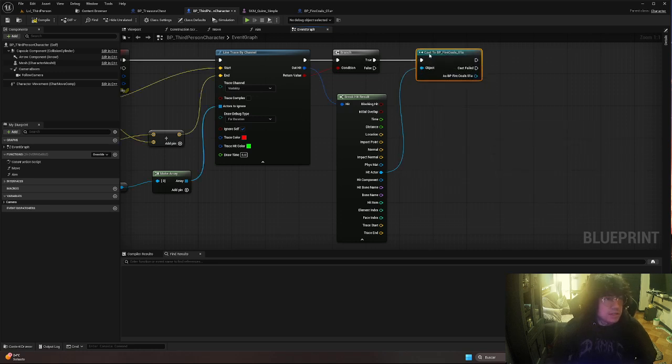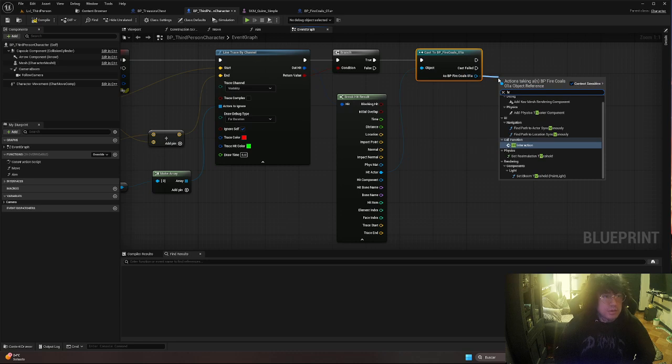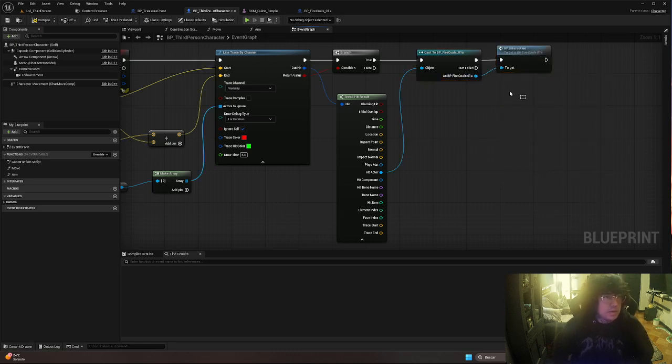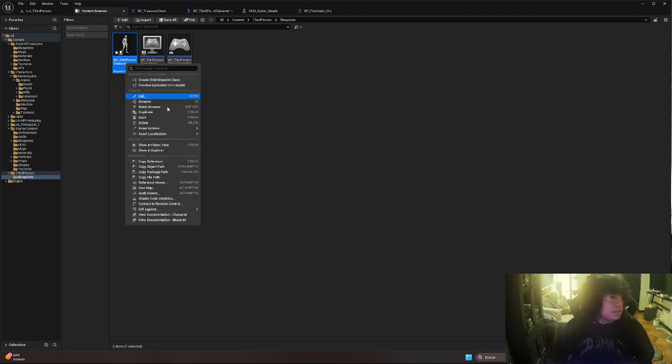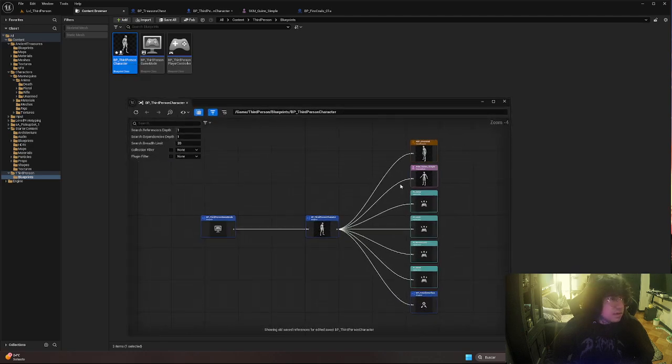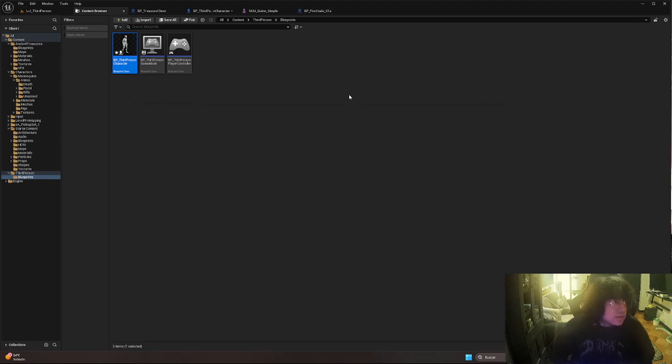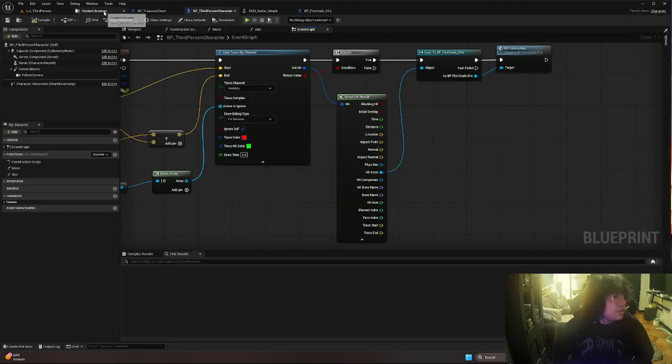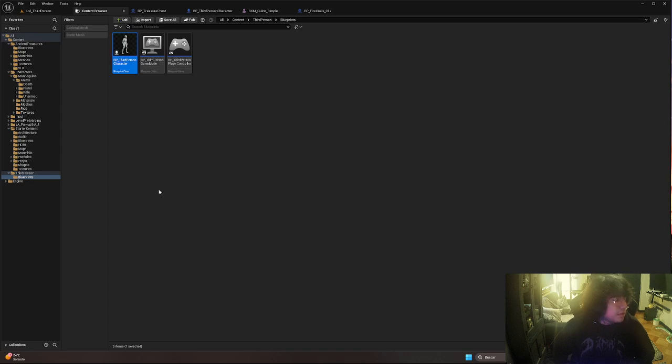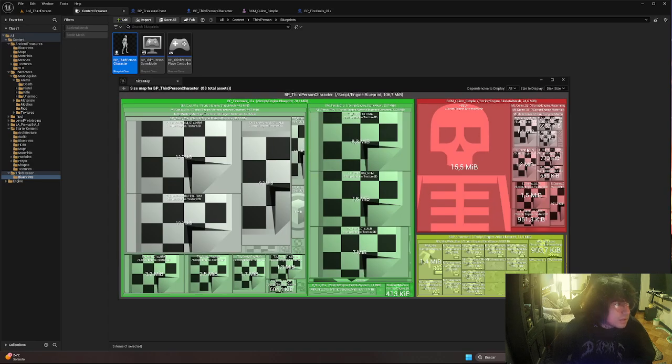Just by this, HR interaction. Look at this. Let's wait a bit, it takes some time sometimes. Size map. Now we see it's way heavier, just because now it has this BP fire calls hard reference,